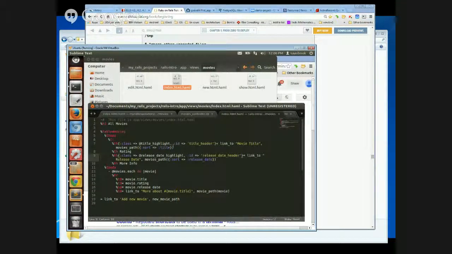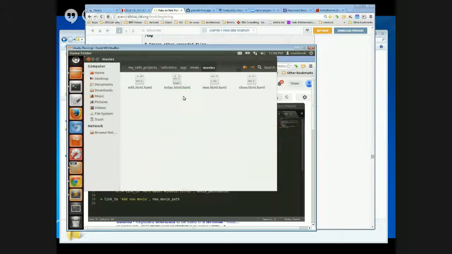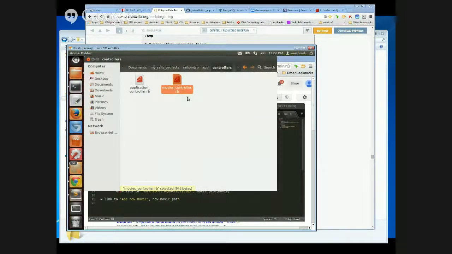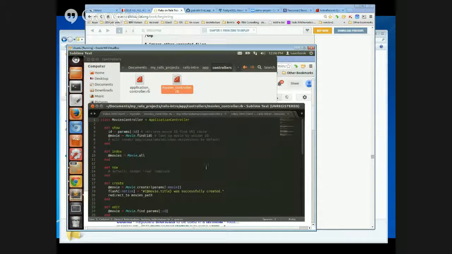And then there's the controller side of things. So let's take a look at the controller. So let's go back in app controllers, and that's the movies controller. So let's open that. Okay, so that's where we're going to be working in index. And I had